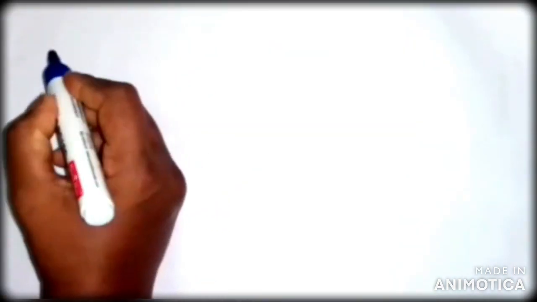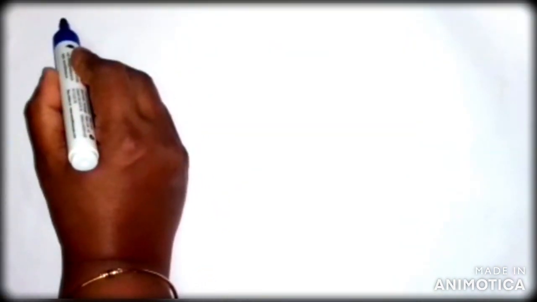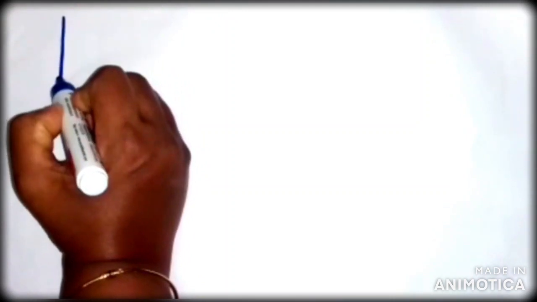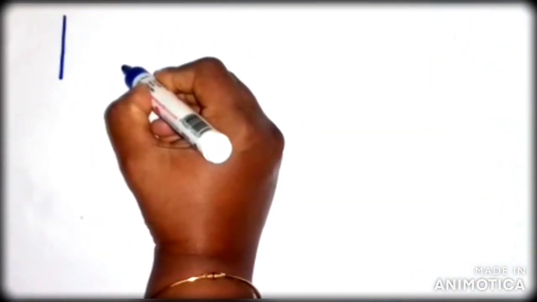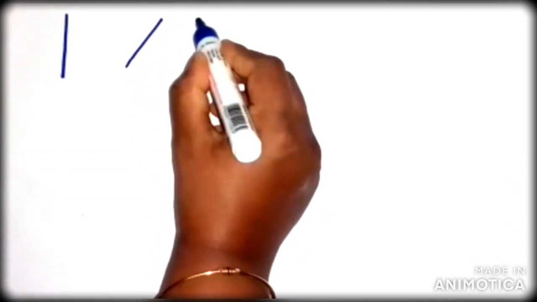Kids, now we have to learn capital K and small k. How to write capital K and small k? Okay, please recall the shapes. First, standing line. Then, two slanting lines. Okay, then